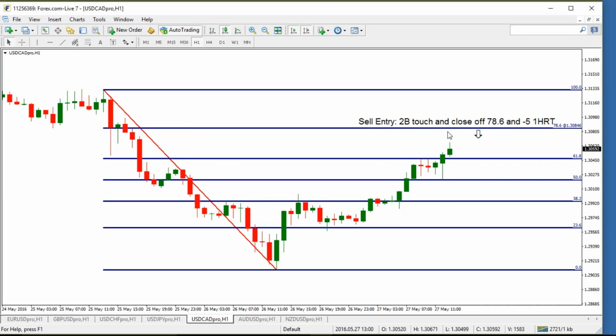If we can get a turnaround on the 1 hour totals, anything that could confirm this, but just to be conservative, I'm not going to just go with a touch and close off that level. I'm going to be a little bit more patient and wait for it to make either 2 bars to close beneath the 78.6 level, and wait for that 1 hour total to go totally negative. I just don't want to be too aggressive in trading off of that,